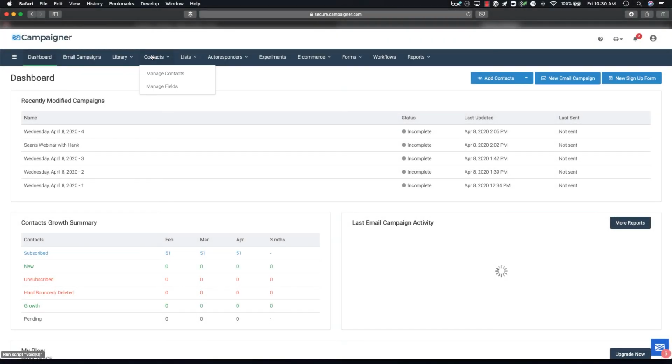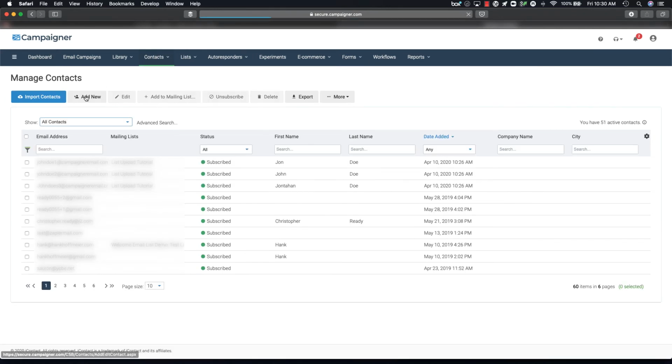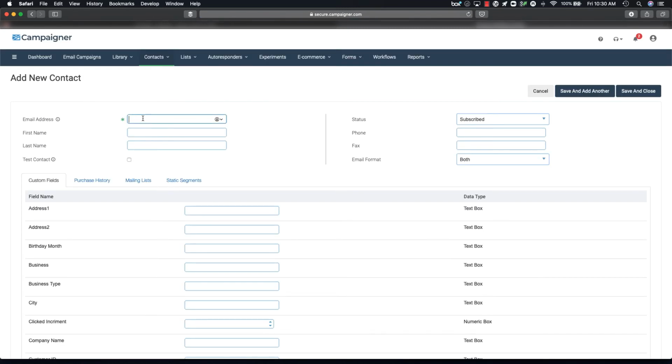Last, let's take a look at how to add contacts one by one. From the dashboard, click on Contacts and Manage Contacts, and click on Add New. Here, we can add an email address, first name, and last name. We can designate this a test contact for testing purposes, choose a status, and add any other information we want,